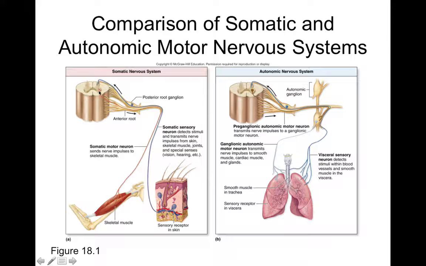Or you can have motor neurons that exit through the ventral horn of the spinal cord, through the spinal nerve, out to some sort of peripheral nerve, where that connects to a muscle, like let's say biceps brachii, to help flex your arm at the elbow, right? But this is under conscious control. So if it's part of your somatic motor system, then it's consciously controlling skeletal muscle, okay?